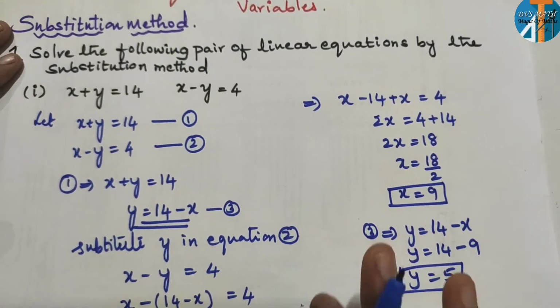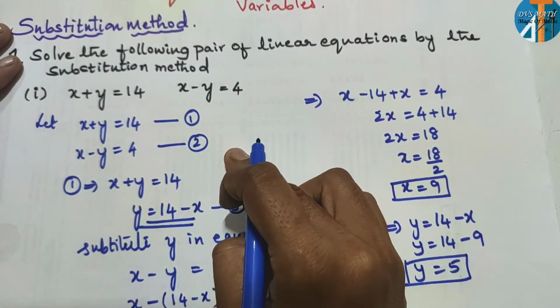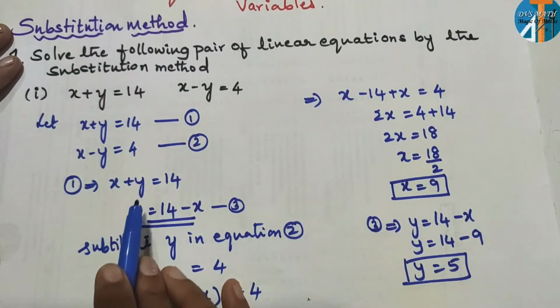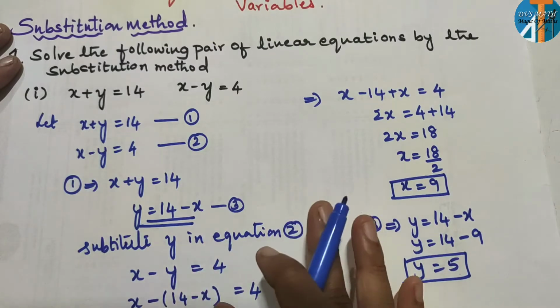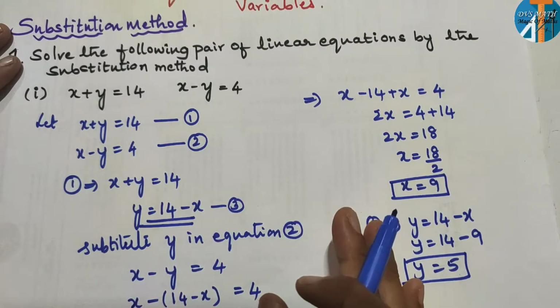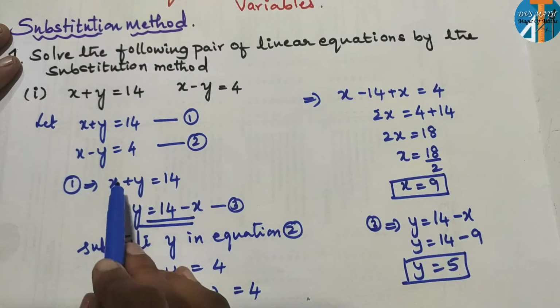So here you have to observe: write the two equations as equation 1 and equation 2, and take any one equation and change it in terms of y or in terms of x. There are no issues, you only have to do it in y or only in x. Either you can change in x or change in y. If you change in x, what happens?